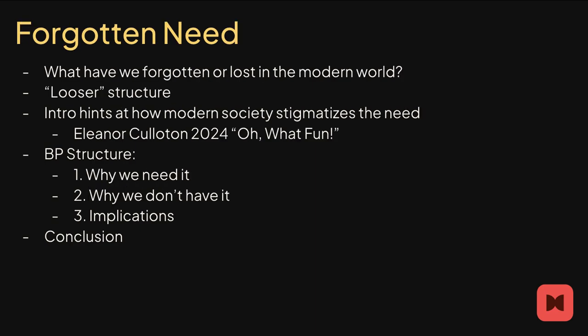The next archetype is the forgotten need. And in my opinion, this is a mixture of myth busting and the next archetype, which is social commentary, in which the key question that you're answering with this kind of speech is what have we forgotten or lost in the modern world? And so for these speeches, the structure is generally a bit looser because you have a lot to play around with. So the example we'll be analyzing is Eleanor Culleton's 2024 speech, Oh What Fun, which basically